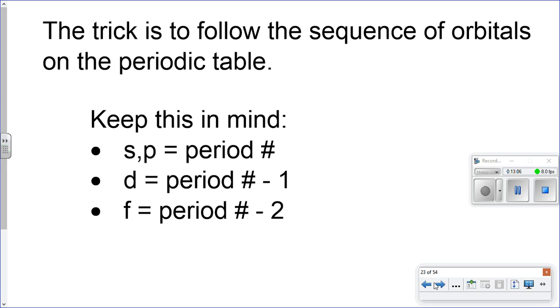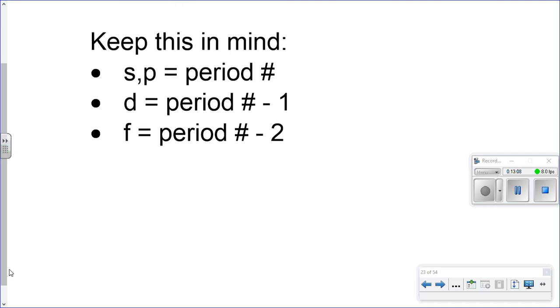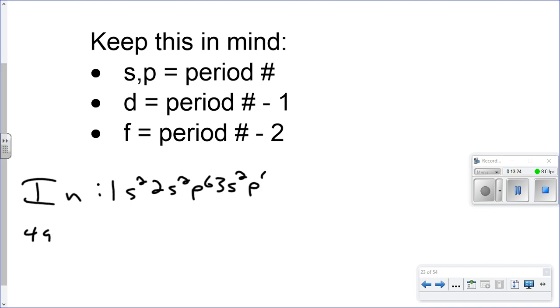So trying one more, let's see if you guys can do indium, element 49. Okay, make a little note, element 49. So pause when you need to. It's 1s2, 2s2p6, 3s2p6, 4s2, 3d10, 4p6, 5s2, 4d10,